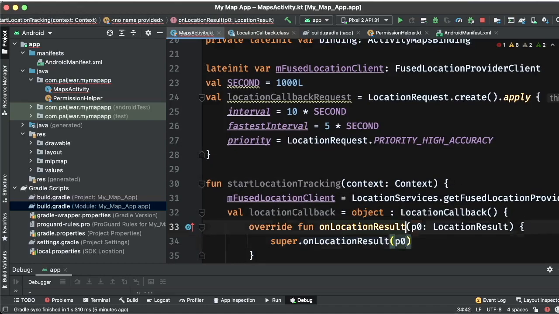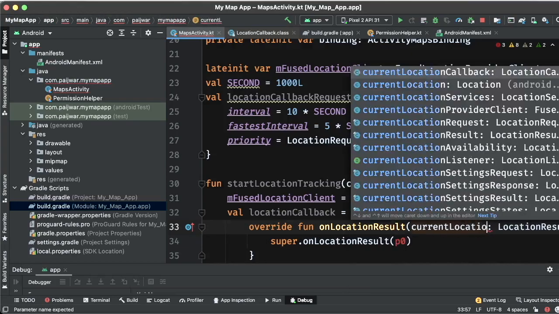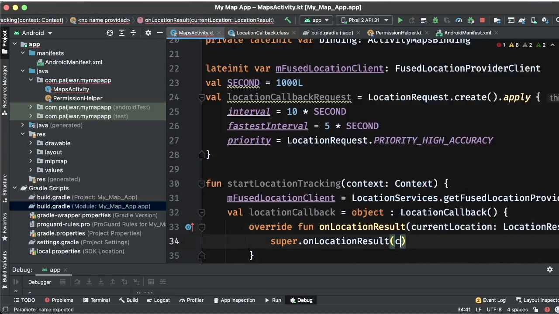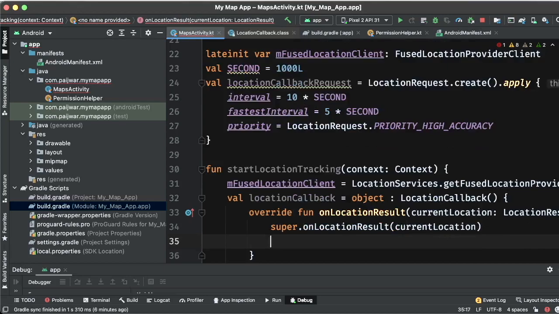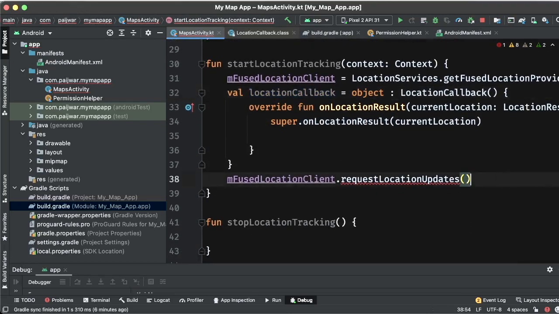This p0 is the current location, so I will just rename this to currentLocation. Now we got the current location, and this is the callback that we need to pass here.